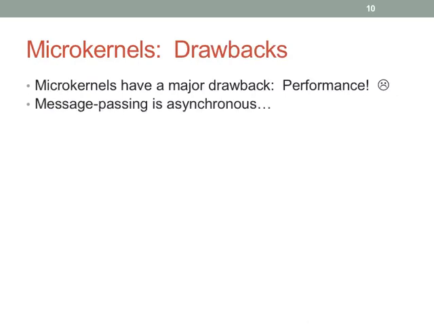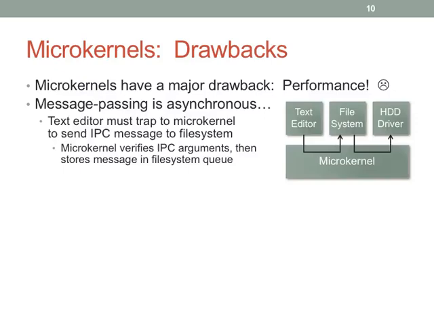Now, part of the problem, I'm going to point this out in a second. But let's talk about this first. Message passing is asynchronous, but you'll notice that a lot of these interactions, especially the one that I used to illustrate, I'm a text editor, I need to create and save a file. Well, that's a synchronous interaction. I want to call, and I don't want to come back until the operation's completed. But we're modeling that on an asynchronous set of abstractions here. So it gets a little bit expensive here because of that mismatch in your abstractions.